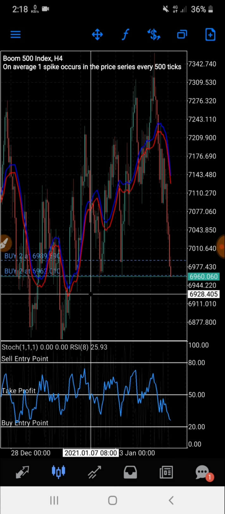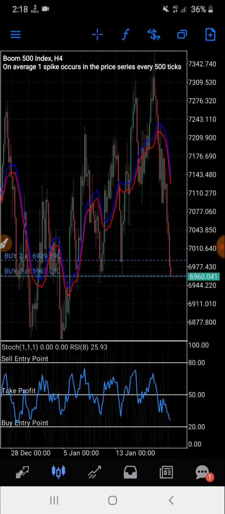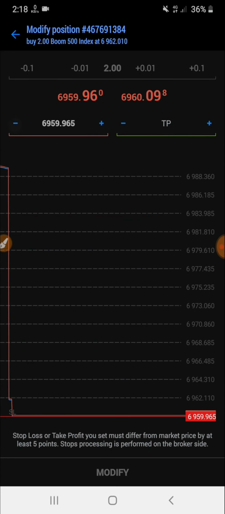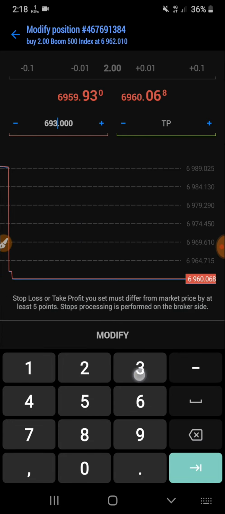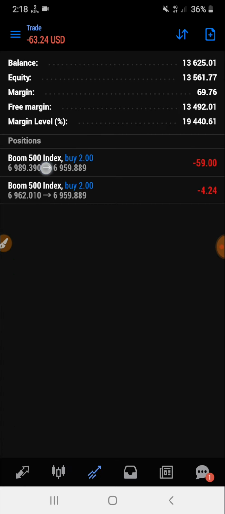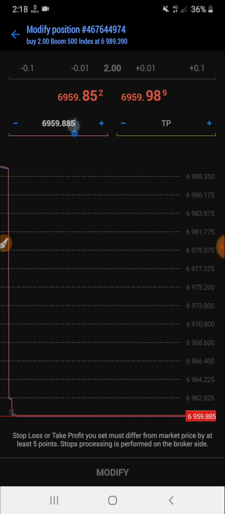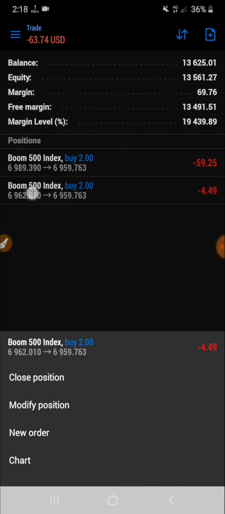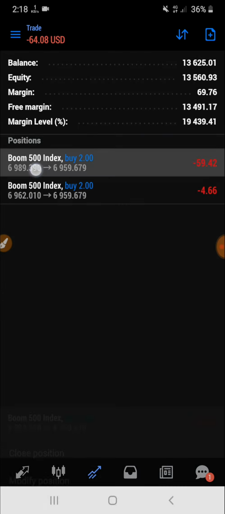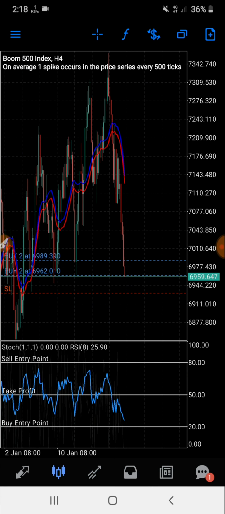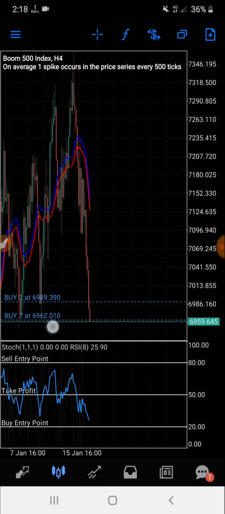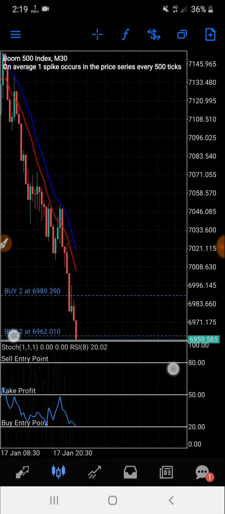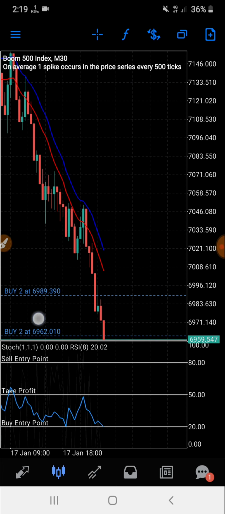and we're going to hold it to the 50 level and see what the envelopes on the main chart are going to do. So 6930, right? So we're going to come over here and set my stop loss at 6930. Yeah, so I set my stop loss for both positions, and then we're just gonna hold it to the 50 level. So let's go back to the 30 minutes time frame, zoom in 3 times on the charts, and now,